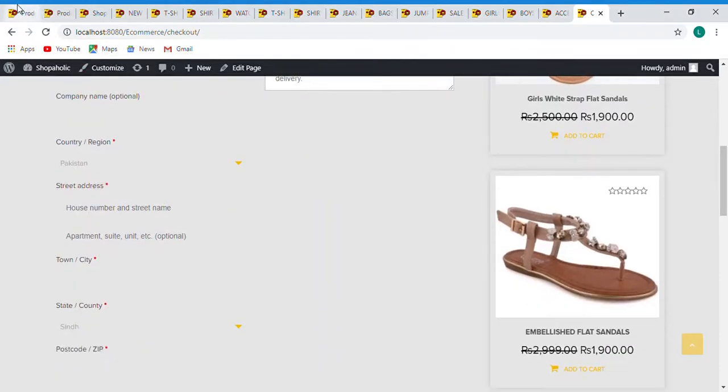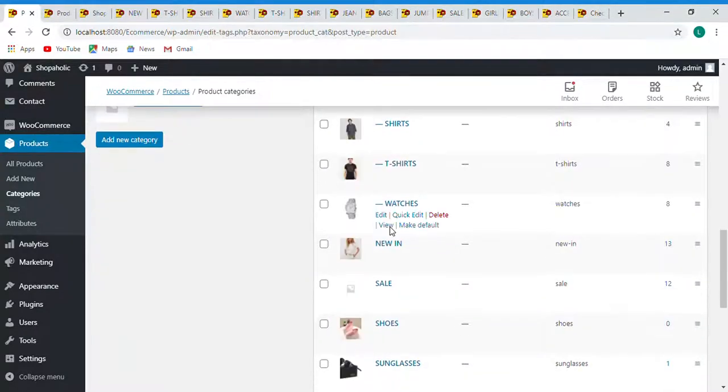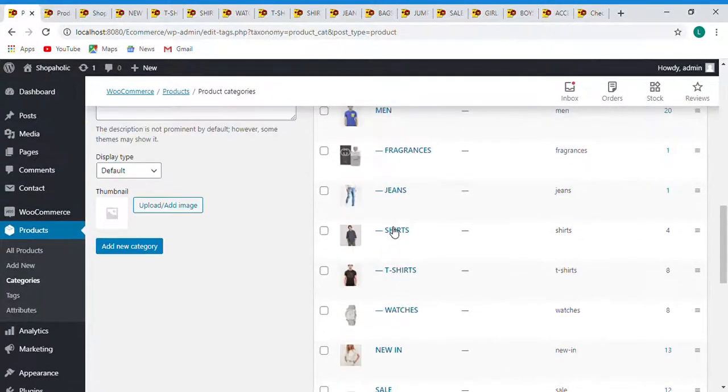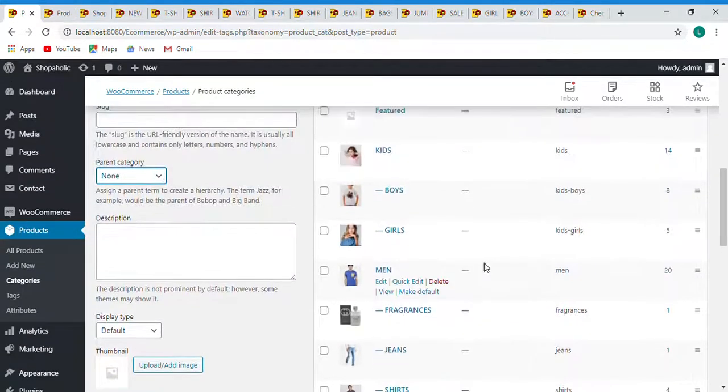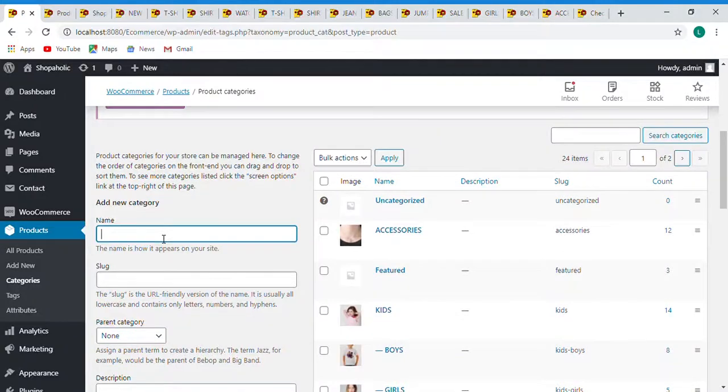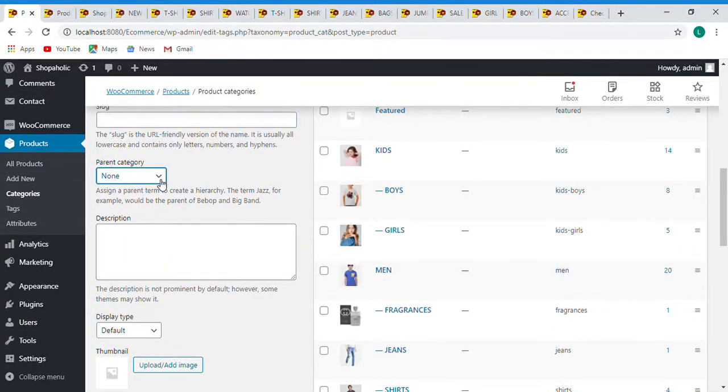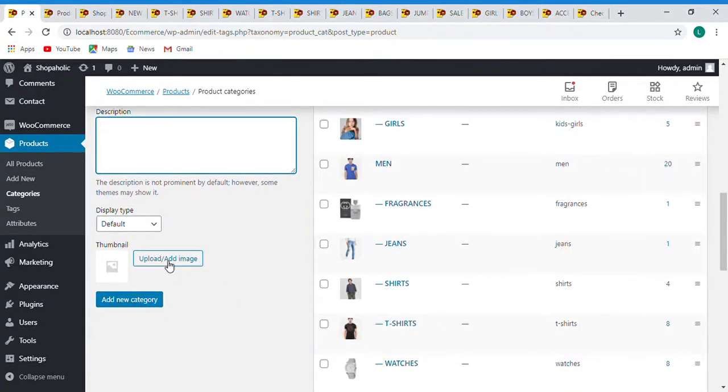Now coming towards the back end, the admin part, these all are the categories. Basically I have 24 categories right now in my website, but if I want to add any I will simply name the category of my website, the slug, and if I want to edit any current category I will choose it from here, a little description, and I will add an image, and then when I will click simply on add new category it will update my categories portion.